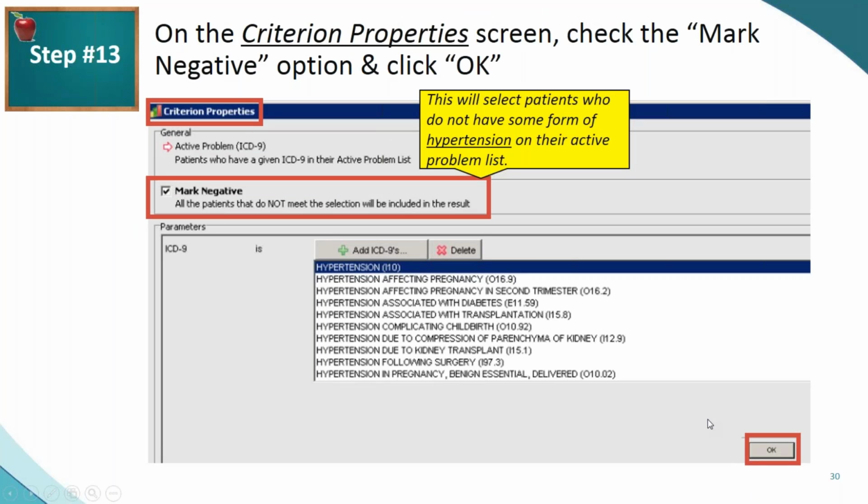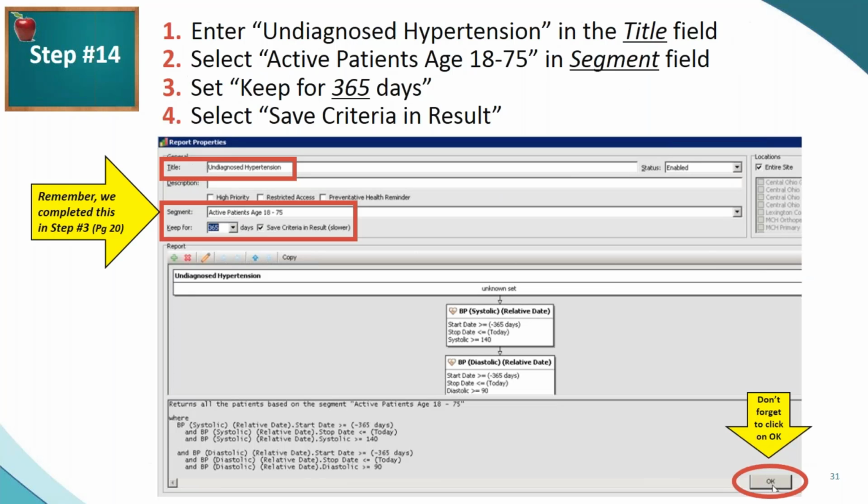Well, once we click OK and we go back to this screen here, the Criterion Properties, we're going to click this mark negative. In other words, what we're saying here is, rather than searching for all the patients who do have hypertension, those hypertension conditions that we selected in the previous screen, we want to find those patients who do not have any of these conditions that we've marked. So that's why we want to uncheck the R03.0, elevated blood pressure without hypertension. But at any rate, now we have all of our criterion